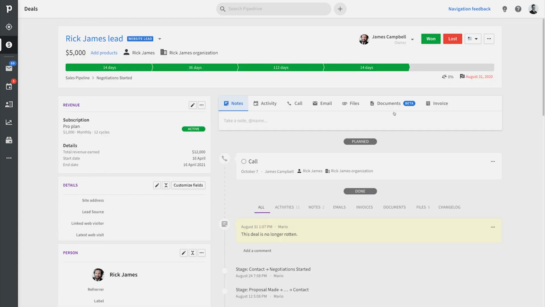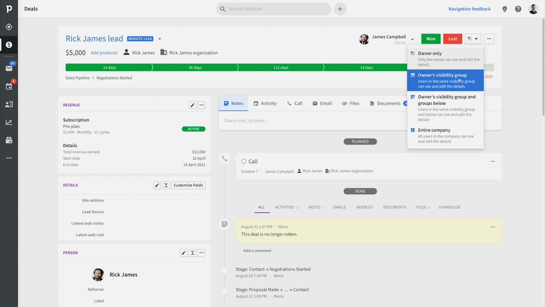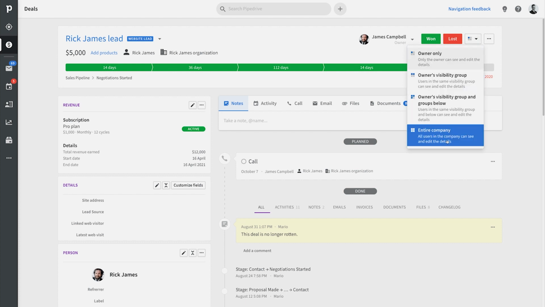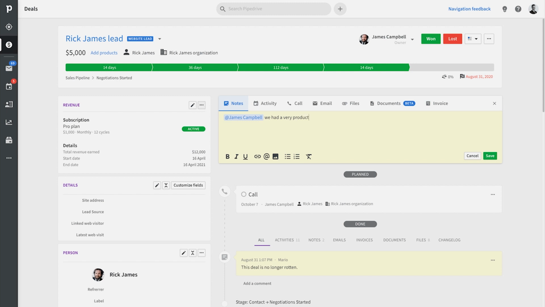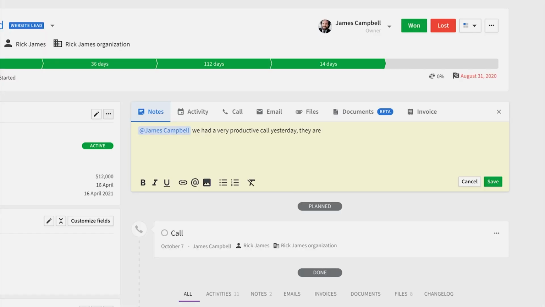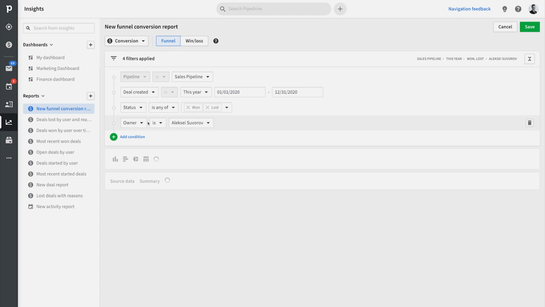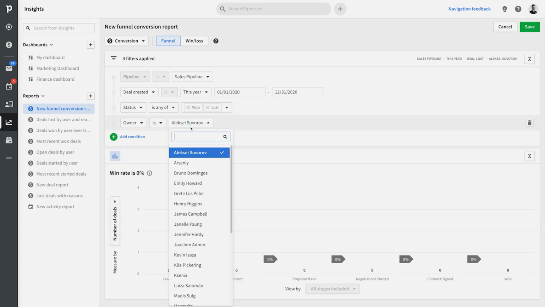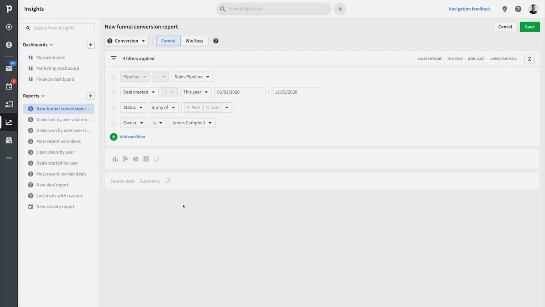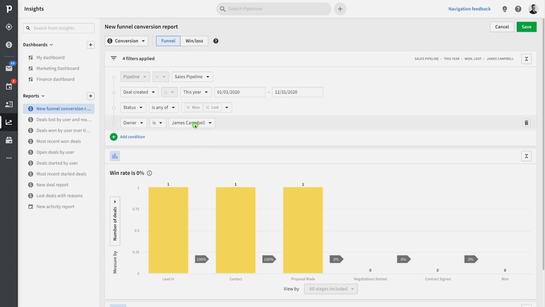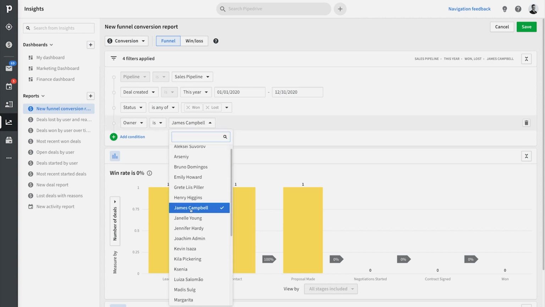You can also set up visibility to hide deals and contacts, or you can allow your whole team to work together on them, whether this be adding notes for each other or planning activities for a colleague. You can also set up goals or forecast your revenue and check statistics based on the individual user, your entire company, or if you're a professional or enterprise plan user, based on the different teams of users that you've set up. So by now, you're probably pretty eager to start collaborating.